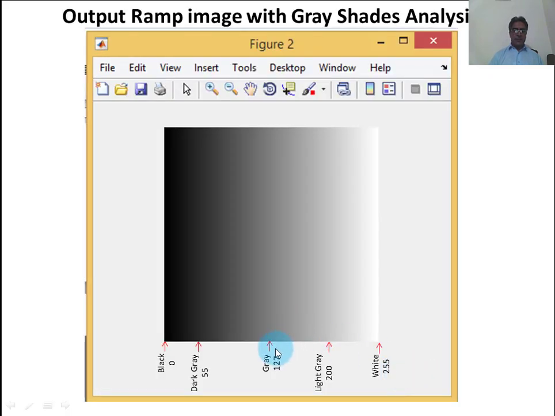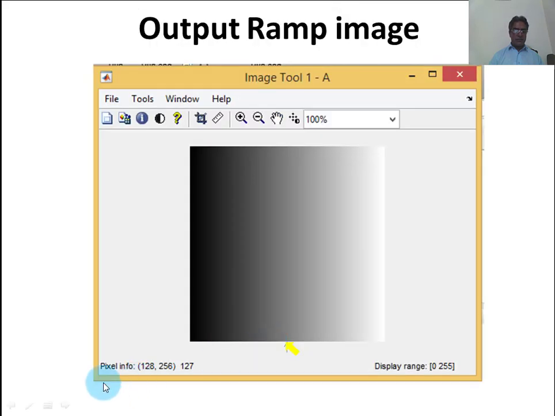Here you may see the gray image. In the gray image, the center pixel of the last line, the gray shade value was 127.